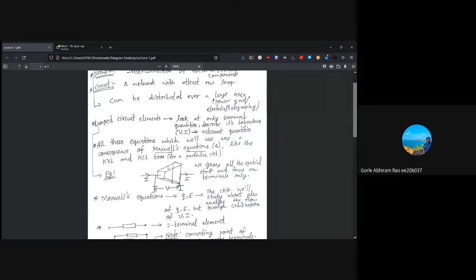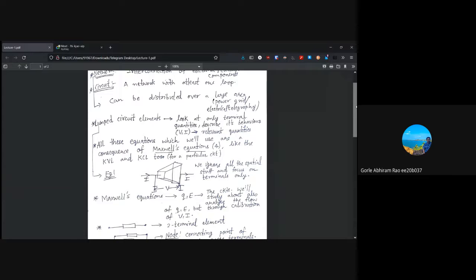Let's say we have this resistor of varying cross section. Instead of trying to study the potential difference across each of its very small elements in the varying cross section of the resistor, if we look at it as a lumped circuit element, we'll only analyze the terminal voltages for this resistor and the current that is flowing into or away from a particular terminal. And as we already know, V and I are the relevant quantities we'll be talking about, voltage and current.